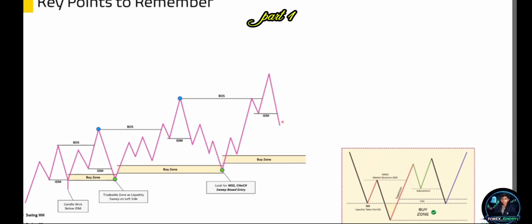Whenever the market falls below the indicator and the candle body closes below the indicator, if a sell-side fair value gap is generated during that swing, you can plan a counter-trend trade from here. Why? Because if the candle body closes below the indicator on a major time frame, we can find a counter-trend trade. Where? Up to the first buy zone. If there were another buy zone here, that would be our take profit. But if there is only one buy zone, we will sell from here, take profit up to this buy zone,